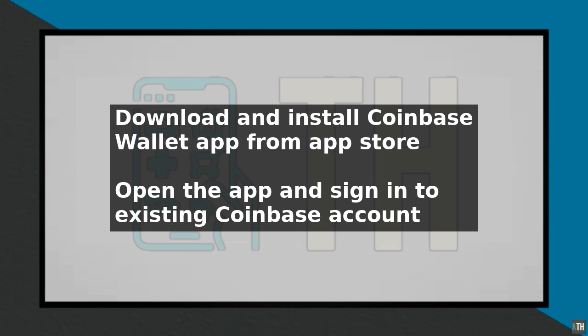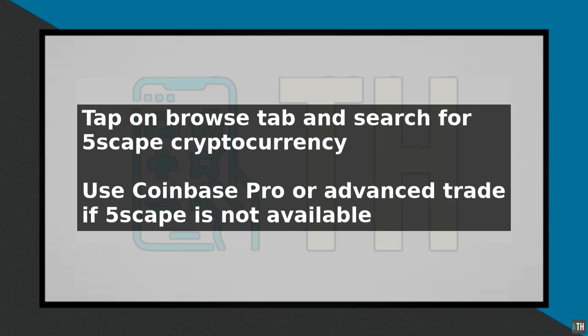After signing in, you will see a list of available cryptocurrencies. Tap on the Browse tab and search for 5Scape. If 5Scape is not available on the main list, you may need to use the Coinbase Pro platform or the Advanced Trade option. Before making a purchase, ensure you have a sufficient balance of the desired payment method in your